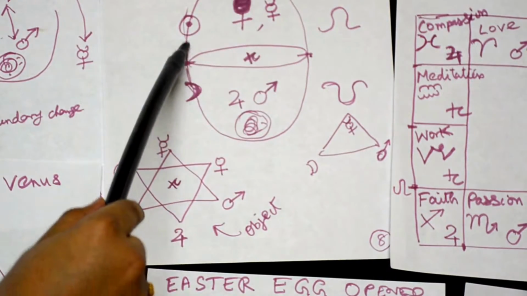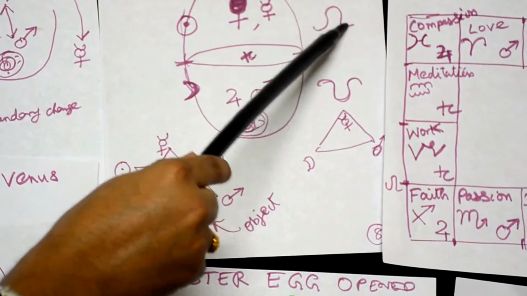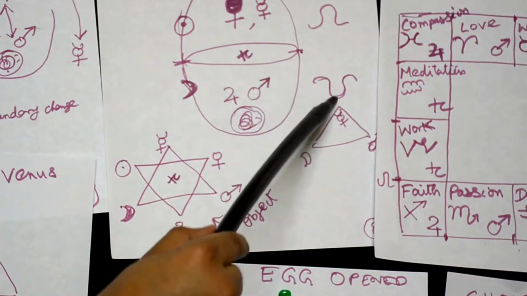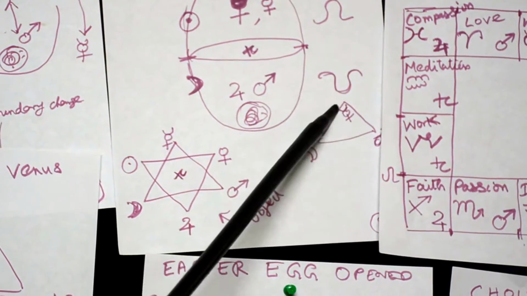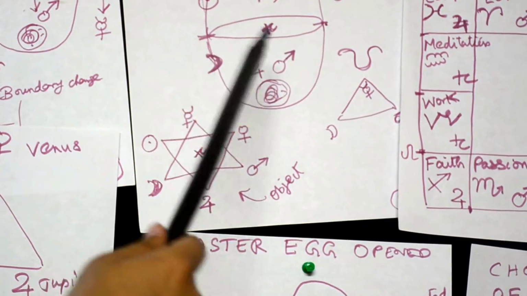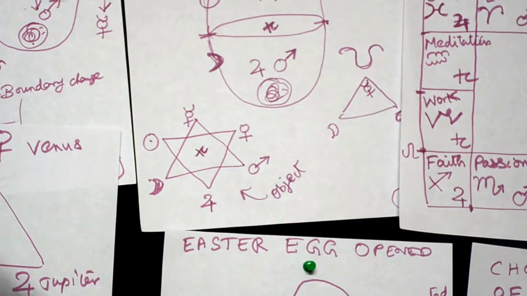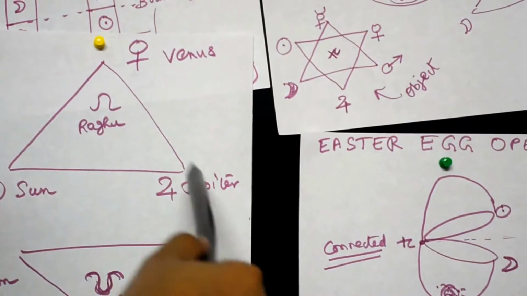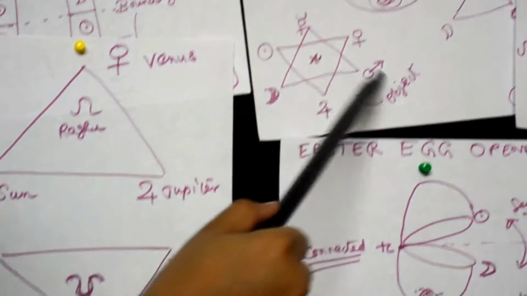See, this is upside down, which is represented by Rahu. The part is upside down. This is upright, which is represented by Ketu. And Ketu has three states as far as the observer is concerned, which are Moon, Mars, Mercury. Rahu has three states: Sun, Venus, Jupiter.